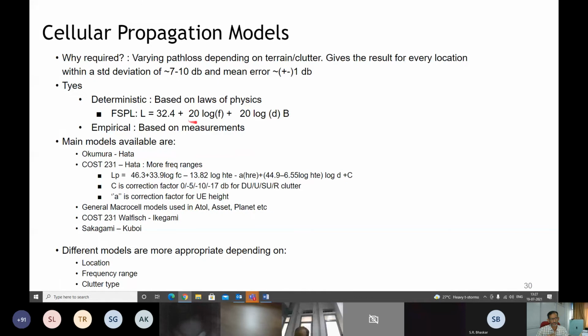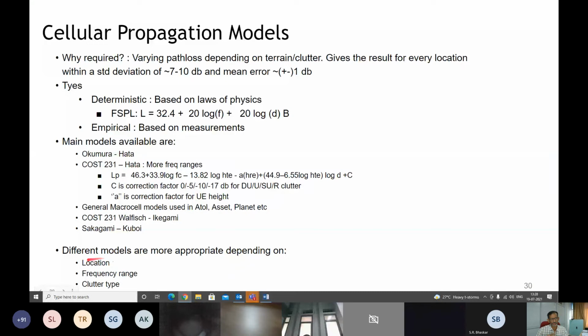There are many models available historically, and every planning tool will also have some kind of model which can be tuned during the process of model tuning. The different models are also different, like this Okumura-Hata model, which was finalized by the Institute of Tokyo. Like I am saying, within the same state or the same country, depending upon the location, we may have to tune. Different frequency ranges as well.